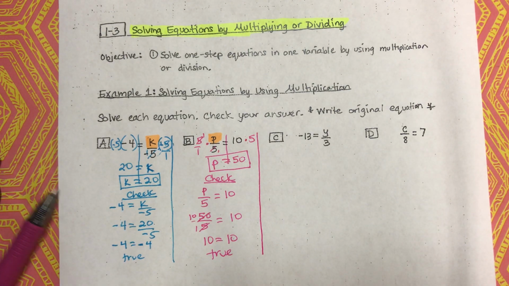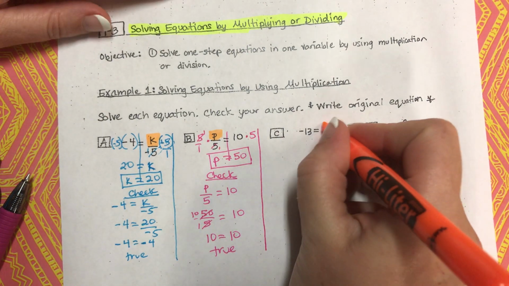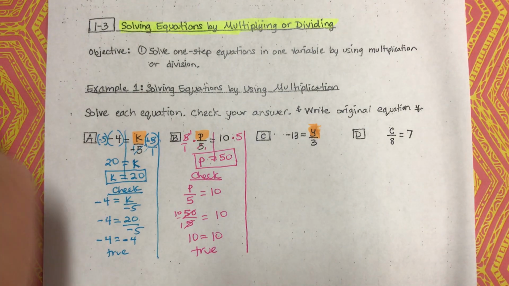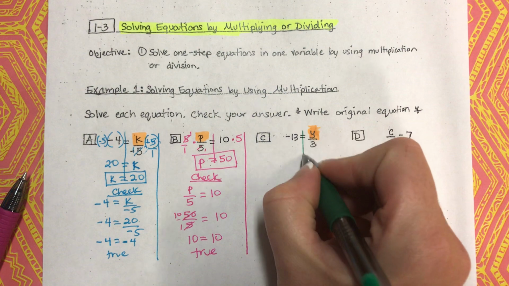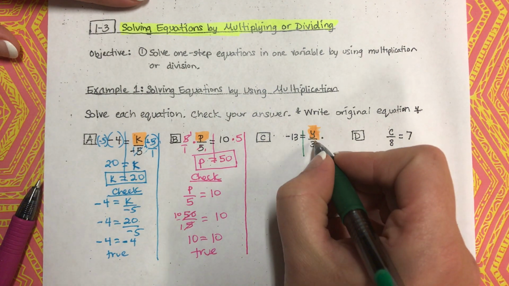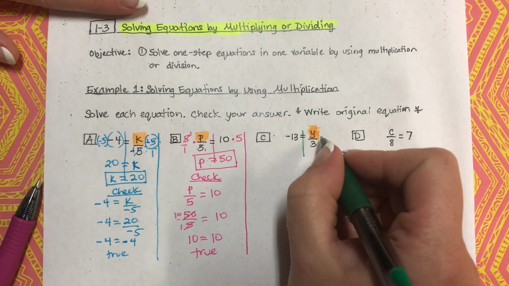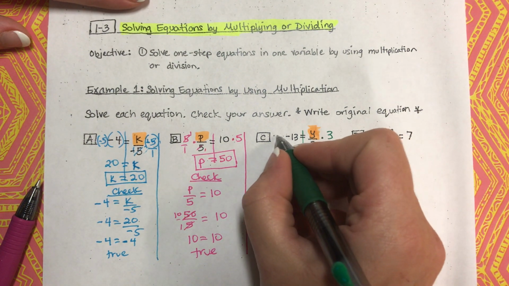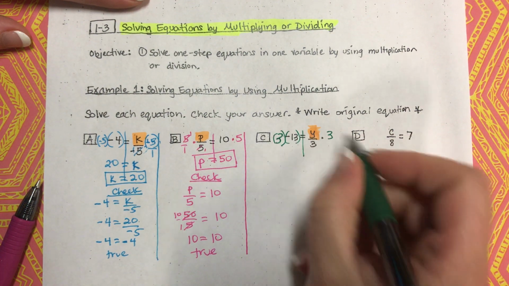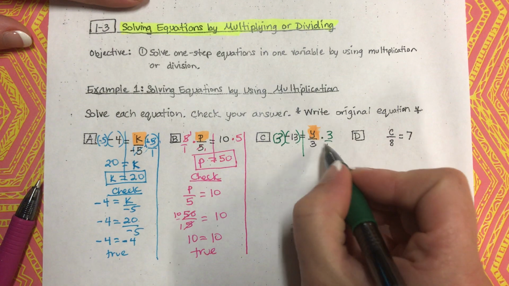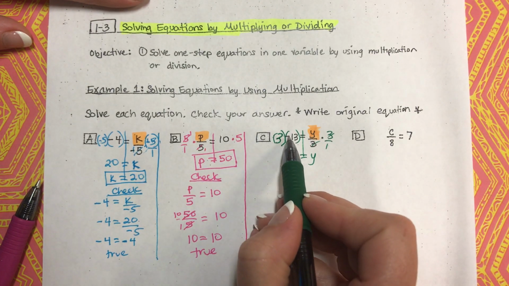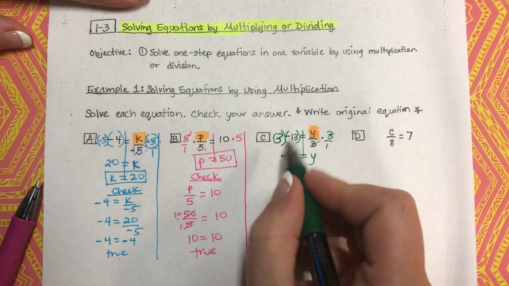Okay, again, we're trying to solve for y. Get y by itself. So, right now, is it by itself? No, it is not. So we're going to have to divide. It's y divided by 3. The inverse operation of division would be multiplication. So we're going to multiply both sides by 3. Those 3s over 1 cancel out. We're left with y. We have a positive times a negative, which is going to be a negative, and 3